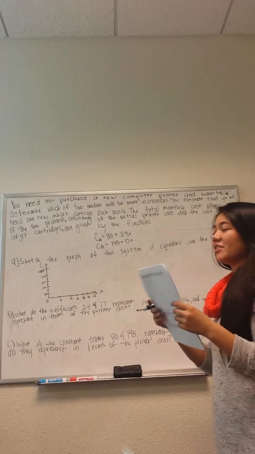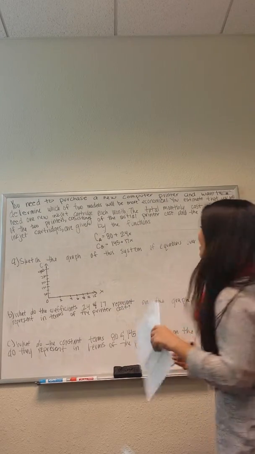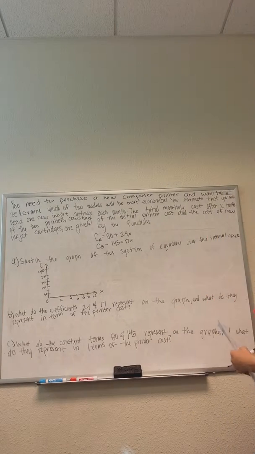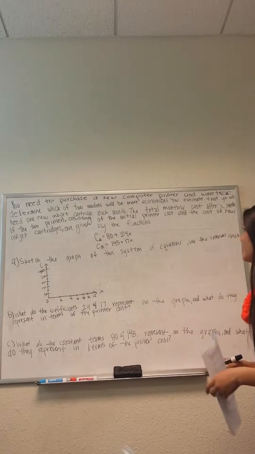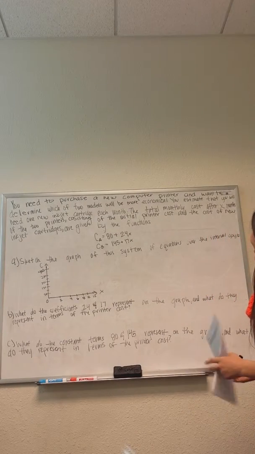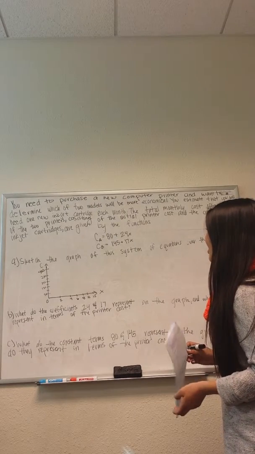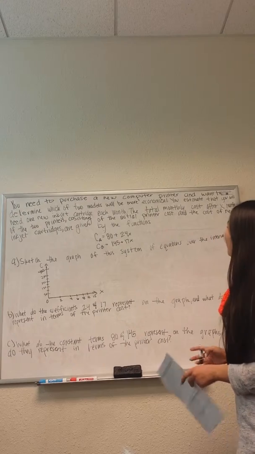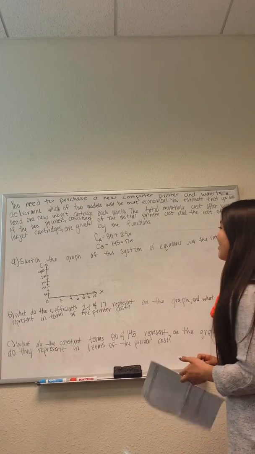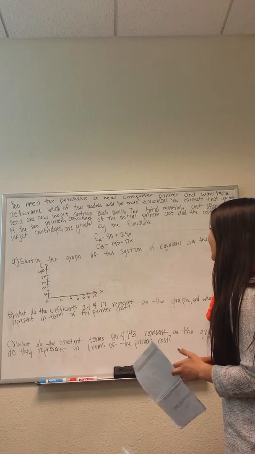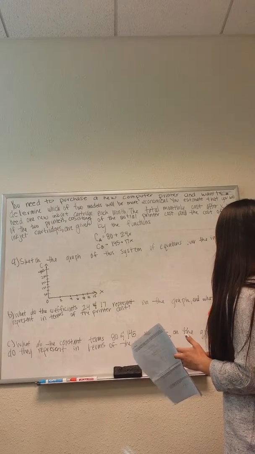So for question 2 on exam 2, it says you need to purchase a new computer printer and want to determine which of the two models will be more economical. You estimate that you will need one new inkjet cartridge each month. The total monthly cost after X months of the two printers consisting of the initial printer cost and the cost